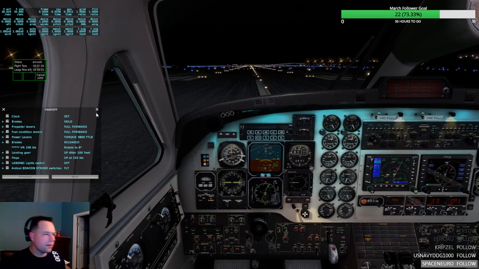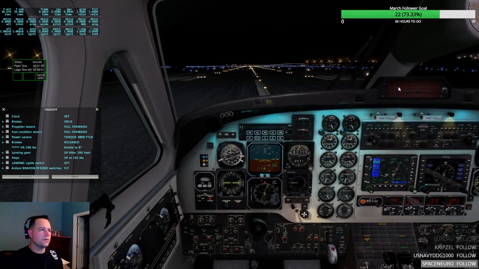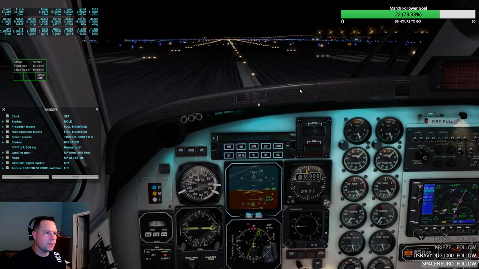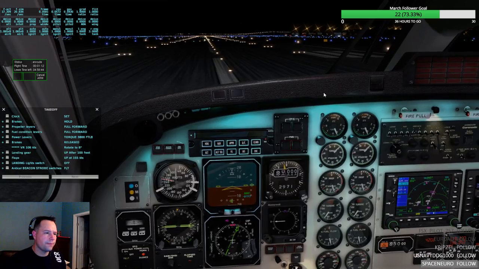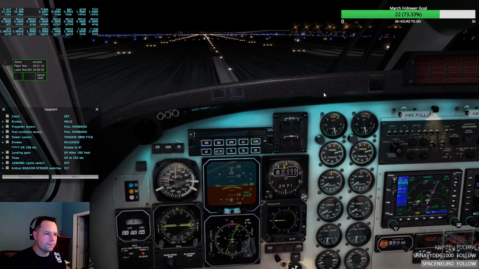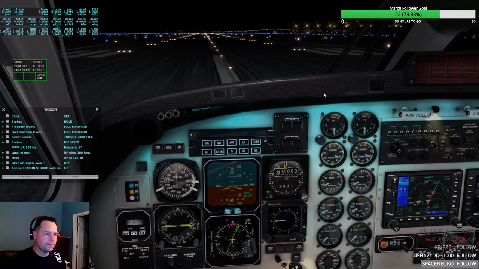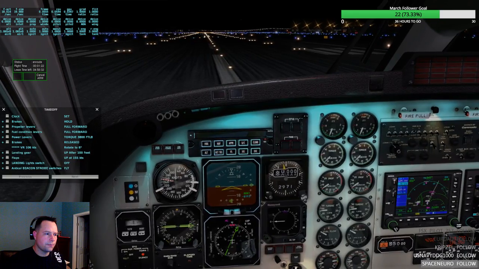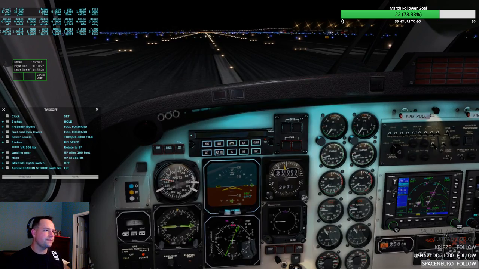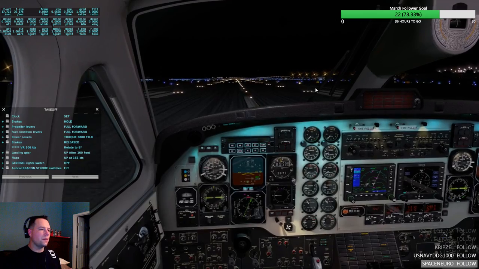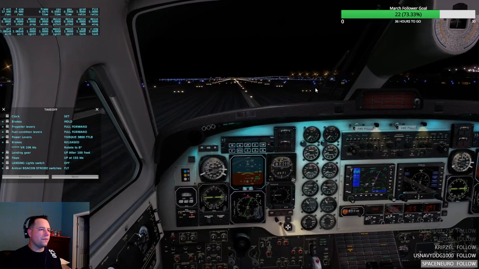Okay, we're gonna go 38. I always kind of zoom in here. 38. And turn our master caution off. 35, 36, 37, 38. And brakes off. Flying. Okay, heading 44